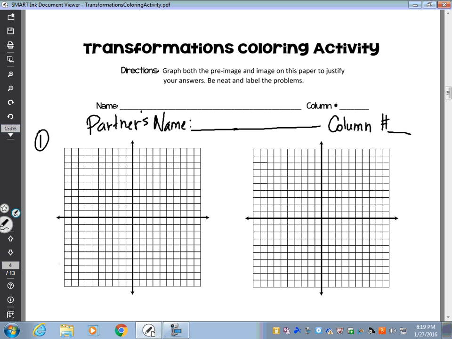So we have (3, -1), that is our A. B, we have (1, -5). And then C was (-2, -2). So here's our B and here's our C. We're going to connect them. And then they want us to reflect this triangle